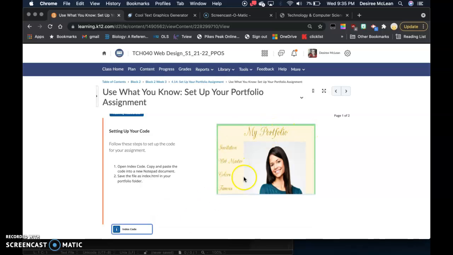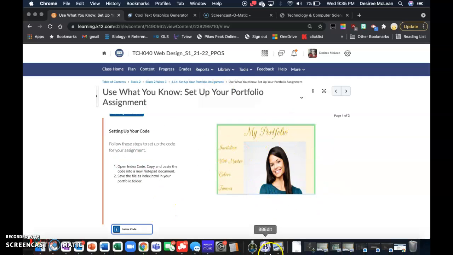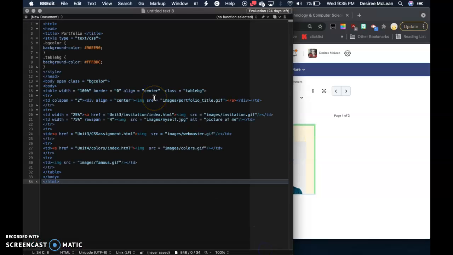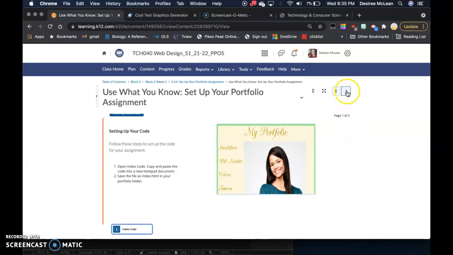So you're going to make a portfolio website that has all of your assignments on it, linked to it, because you made these 4 websites or 3 websites. So you're going to link those to your portfolio and make a portfolio website. So you're going to copy that code. You're going to paste it into Notepad or BB Edit. Okay. And then it says on the next page,